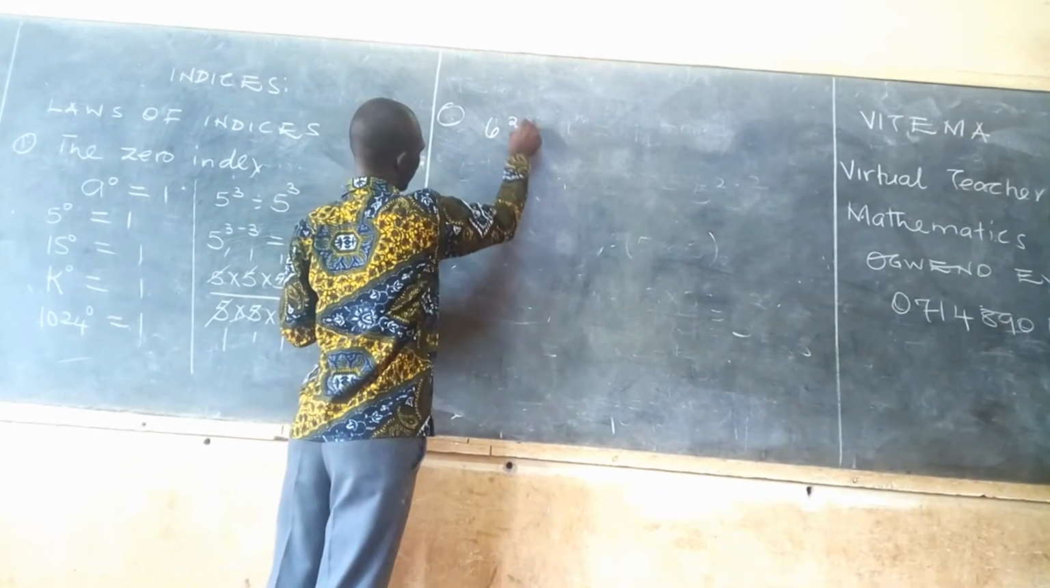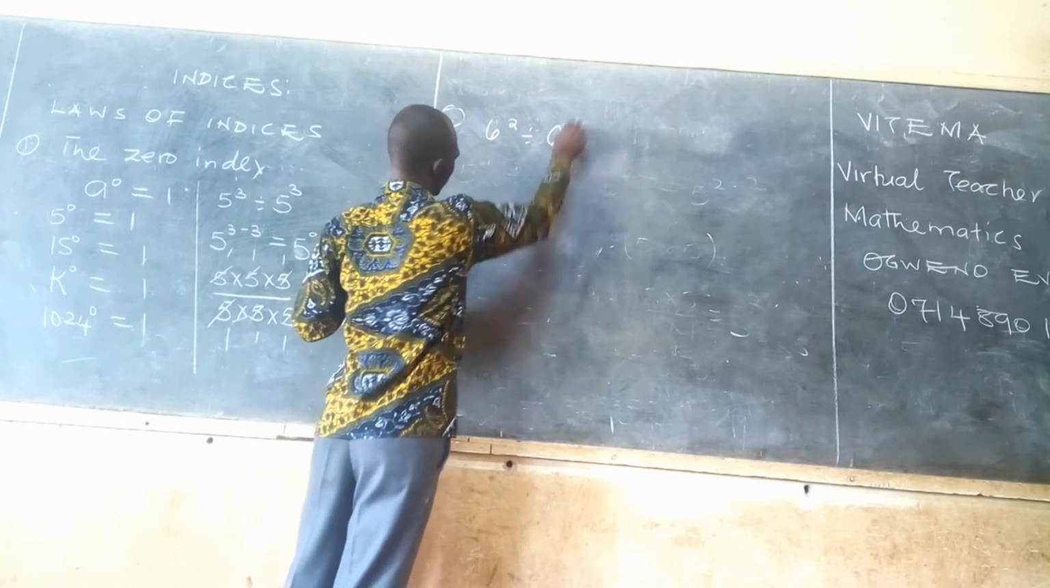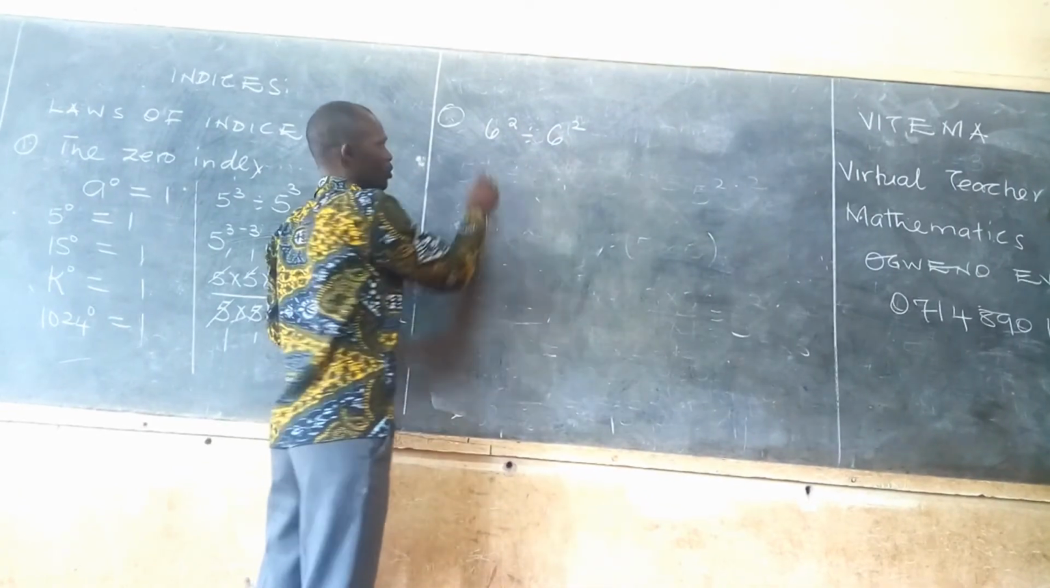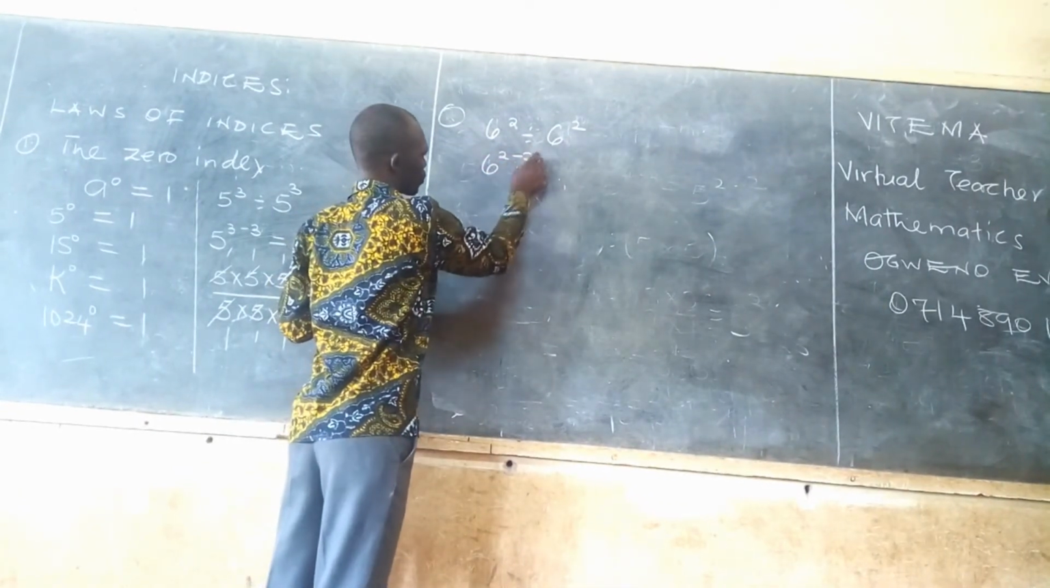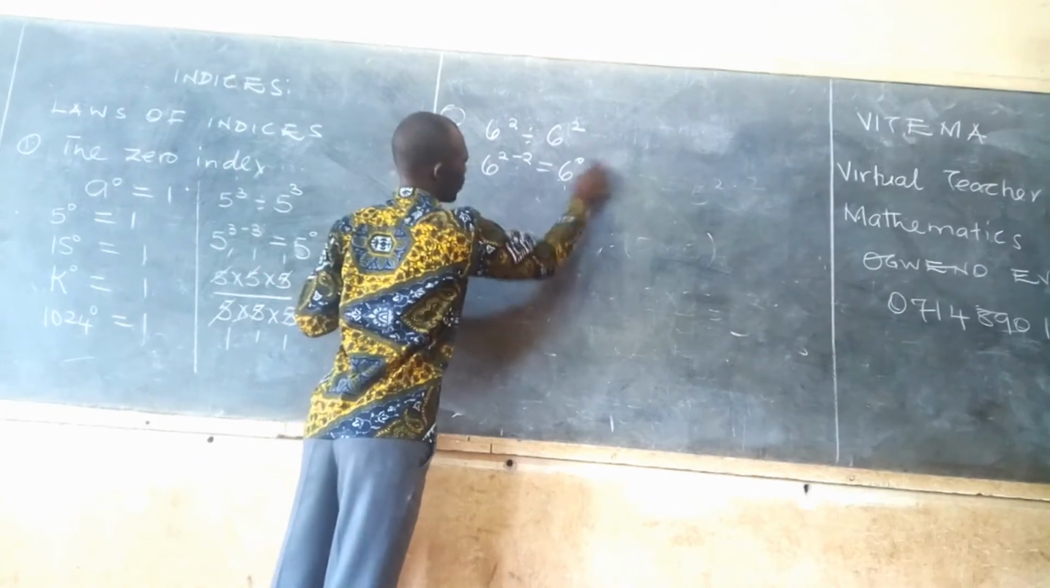Let's give another example. 6 squared divided by 6 squared. According to law number 2, 6 to the power 2 minus 2, 6 to the power 0. We are saying